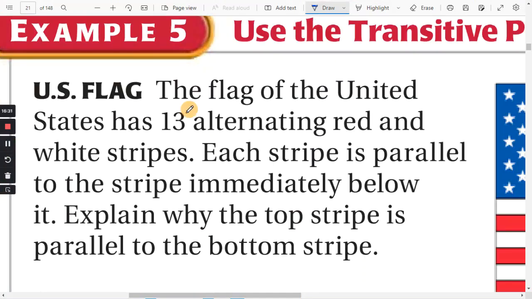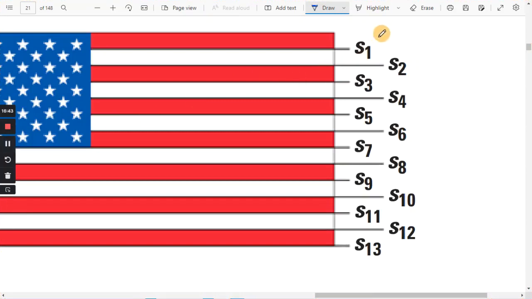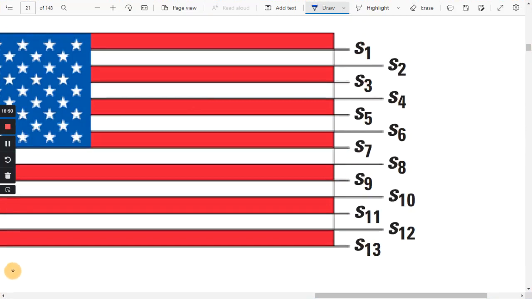Example 5, the flag of the U.S. has 13 alternating red and white stripes. Each stripe is parallel to the one below it. Explain why the top is parallel to the bottom. They numbered all the stripes, S1, S2, all the way up to S13. And so we could just say